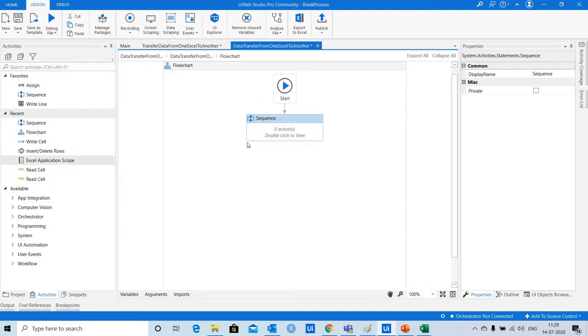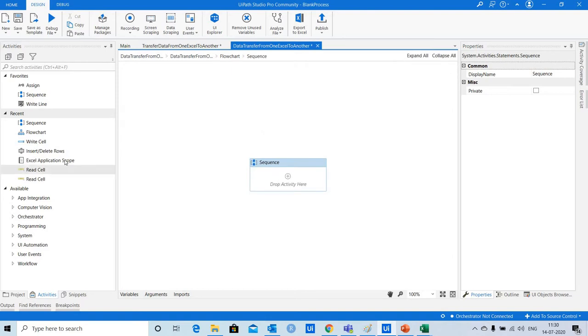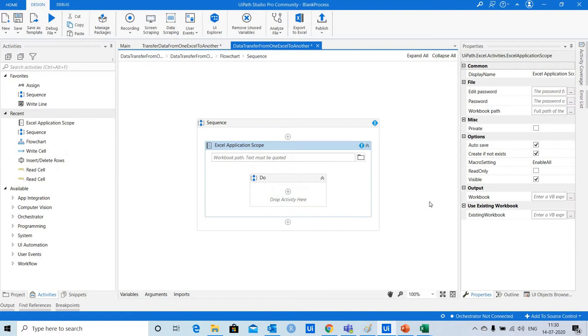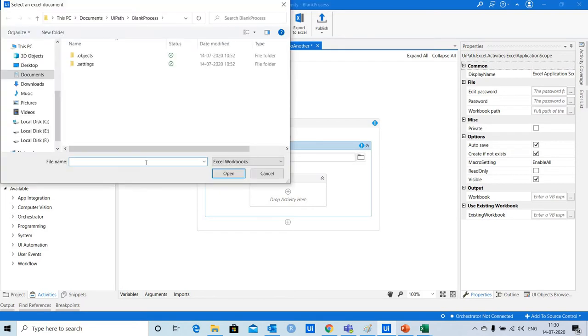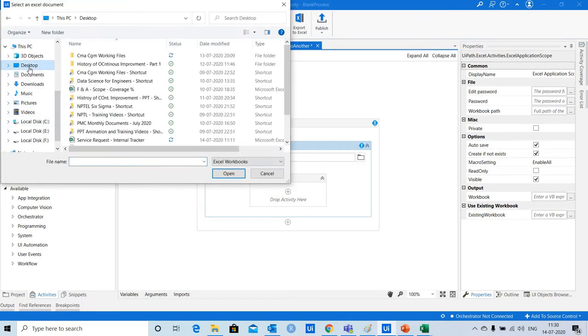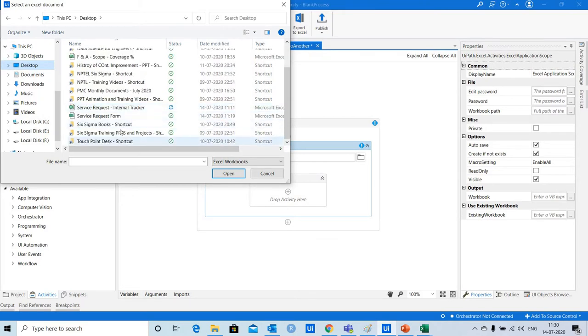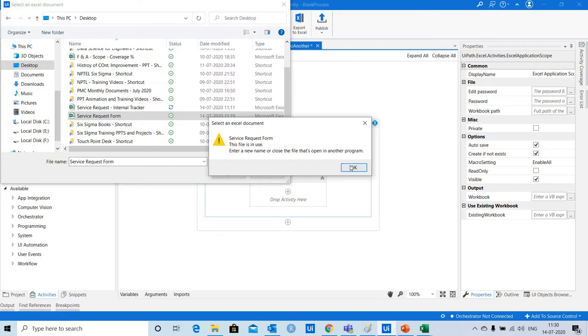Now first I need to use activity Excel application scope in which I need to define path of input file. So I'm defining the location where my input file is saved. So I just define the path.